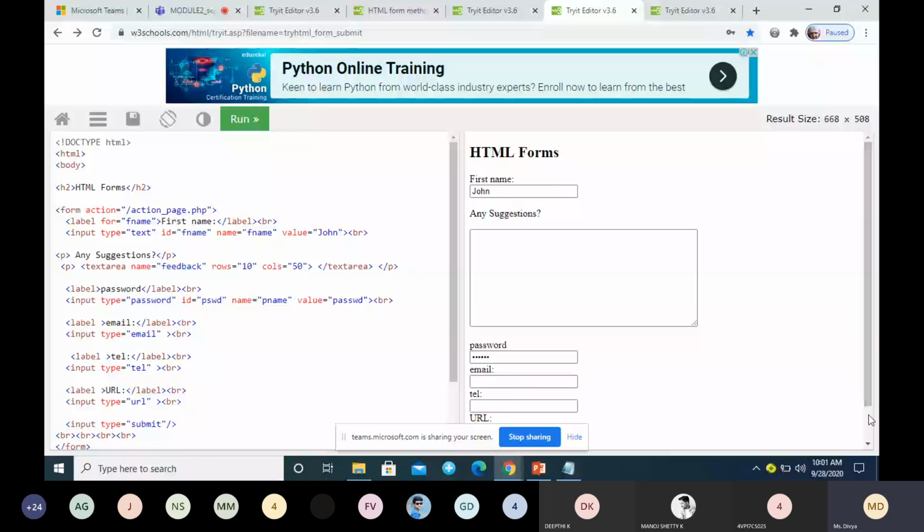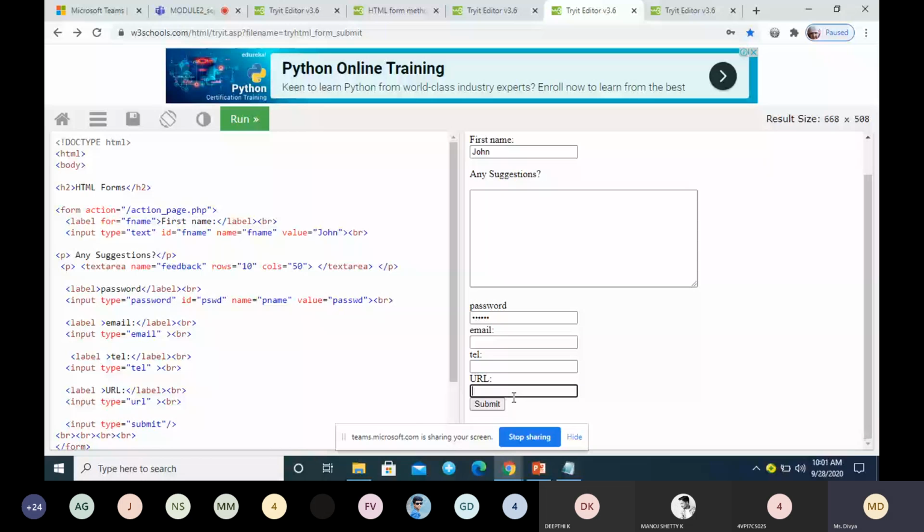This is a single line entry text box for entering the URL. Usually the URL will have http, colon and double forward slash. If you are not entering a proper URL, it will give a message telling you to please enter a proper URL. Some browsers will perform the validation of the URL when you click on the submit button.